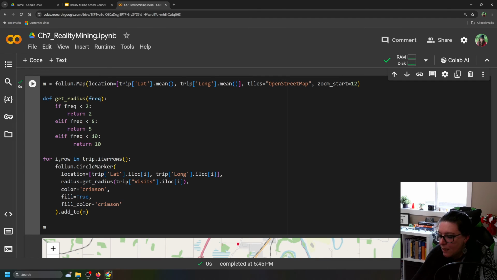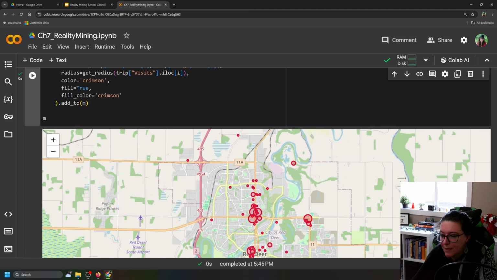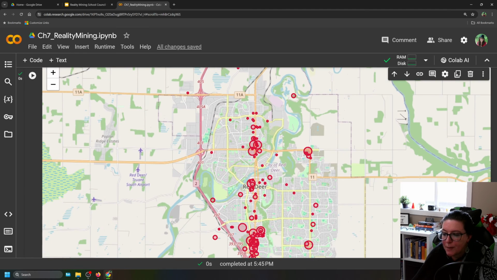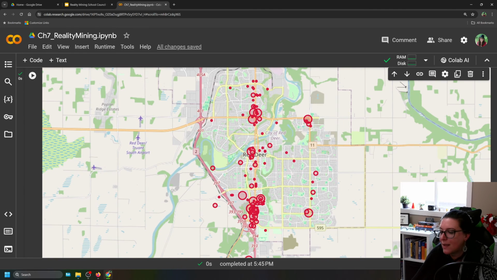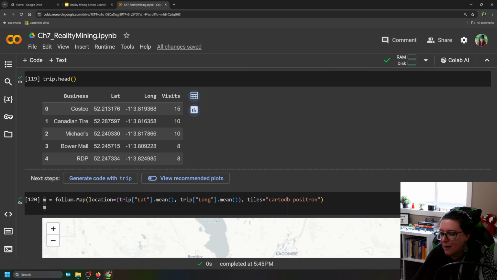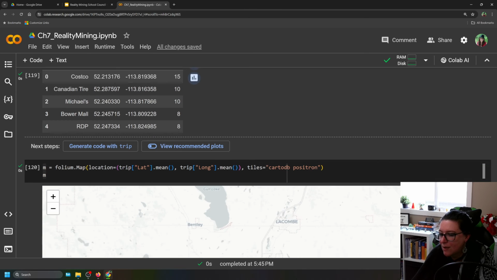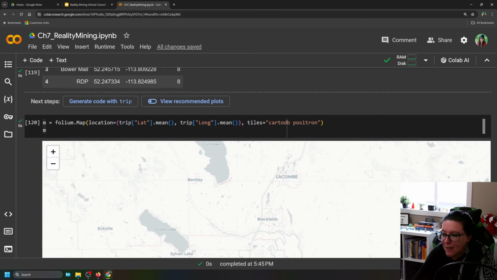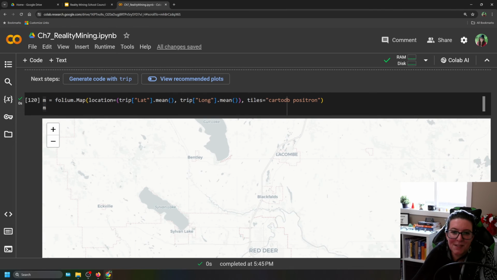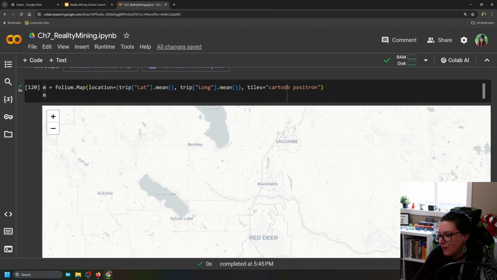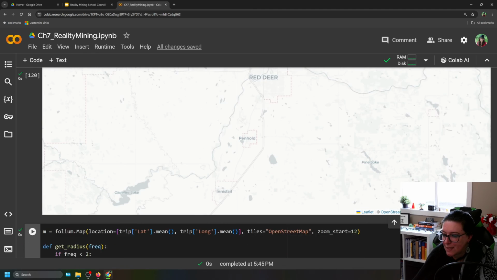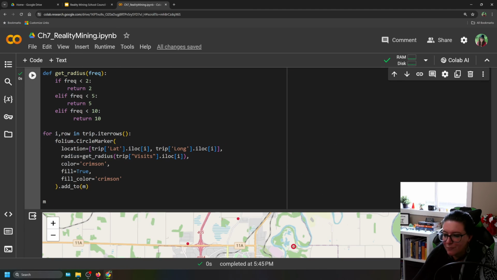So what you see here is already you can see that the map is a different kind. This is the OpenStreetMap. It's got the roads on it, whereas the other one, if we go back, is often used when we're looking at data that is state specific or city specific. When we're quite zoomed out, you don't need all the roads and clutter with this one here. But it doesn't really matter. You can use any of them. All right, so